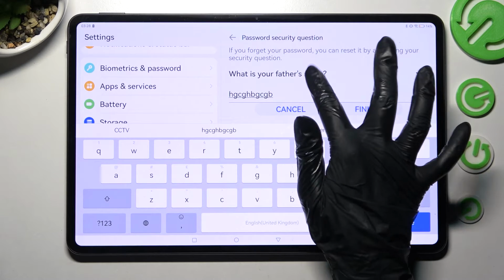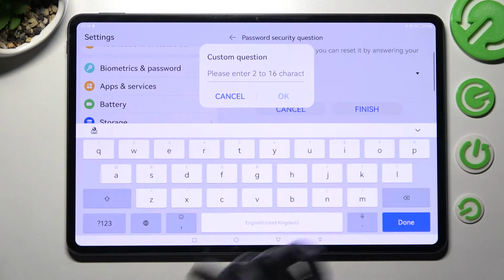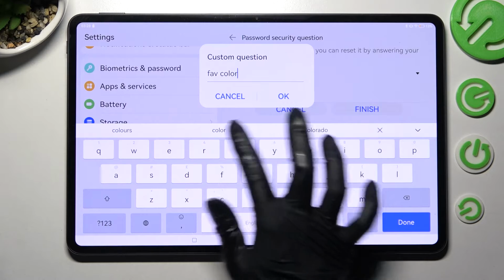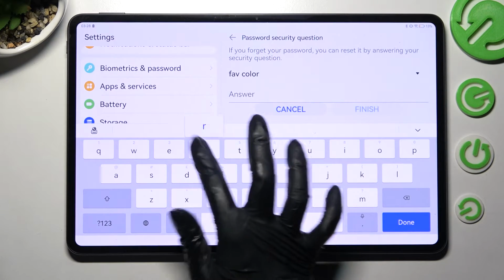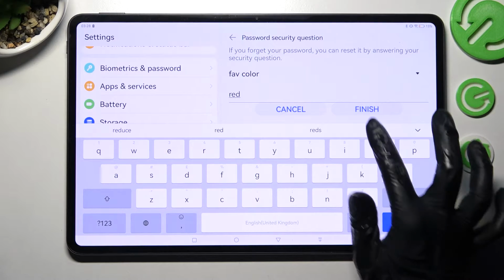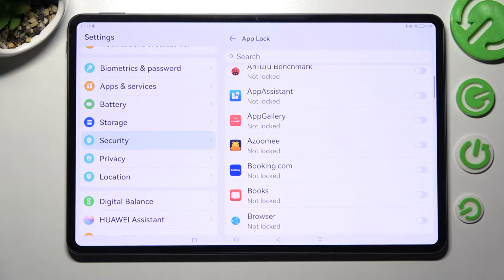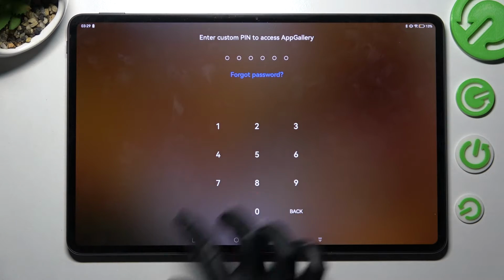If you don't like it, just click on it, tap on one of those, or select Custom Question and create your own. Then click on OK, and remember to answer correctly below. Finally, choose Finish and click on the switcher next to an app that you wish to lock, in my case App Gallery. So now when I go back and try to access it, as you can see, PIN is now